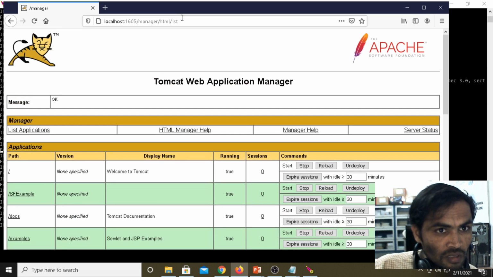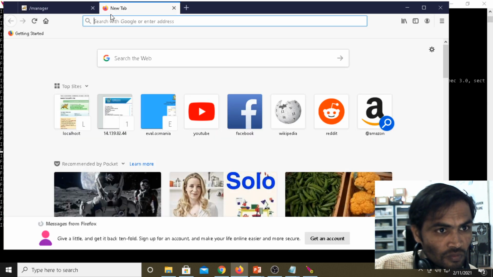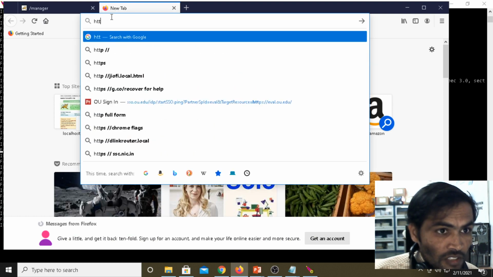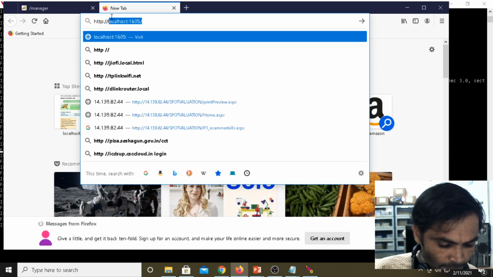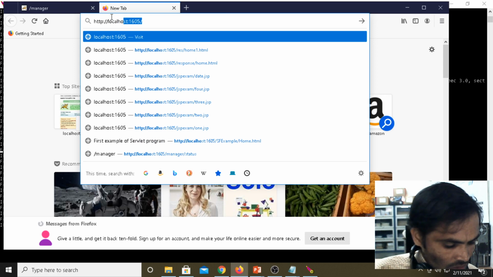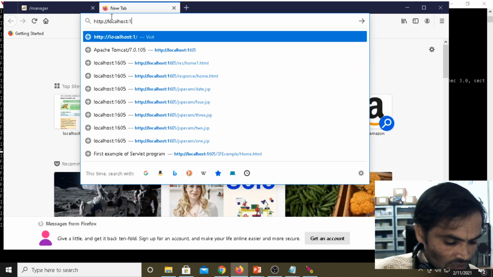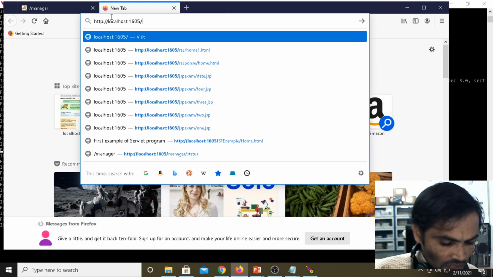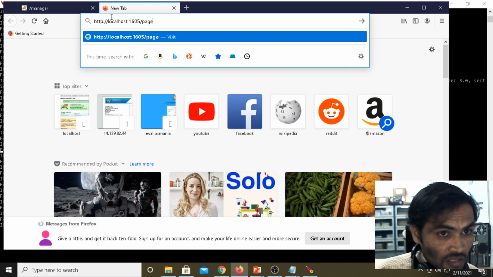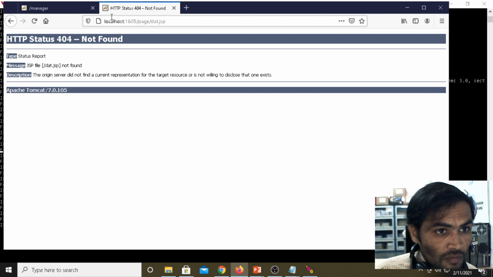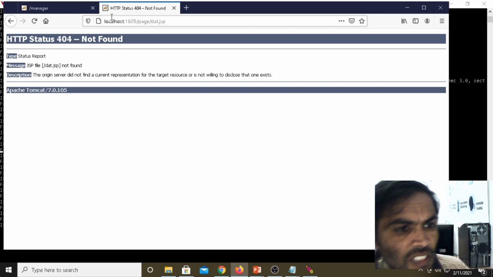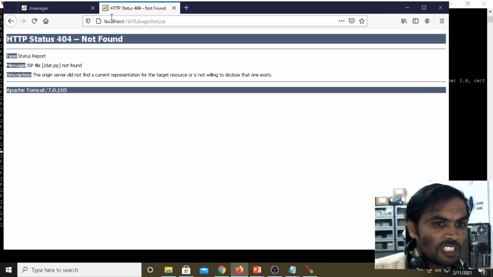Then page, HTTP localhost 1605 page, then dat.jsp. The origin server did not find a current representation of the target resource, or is not willing to disclose that one exists.